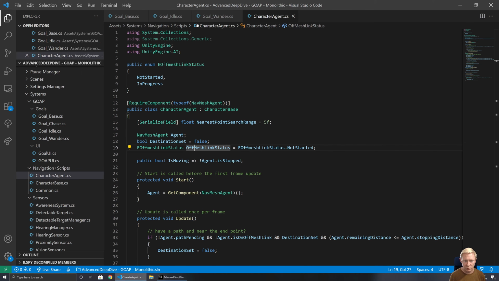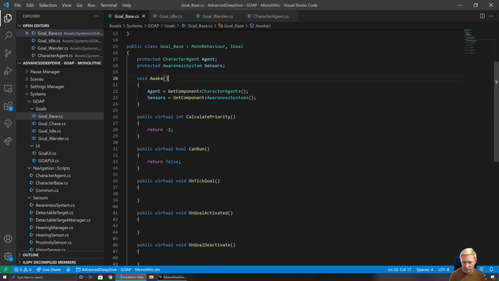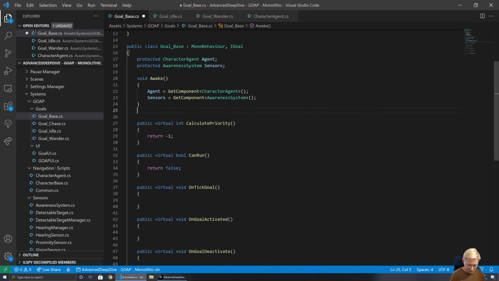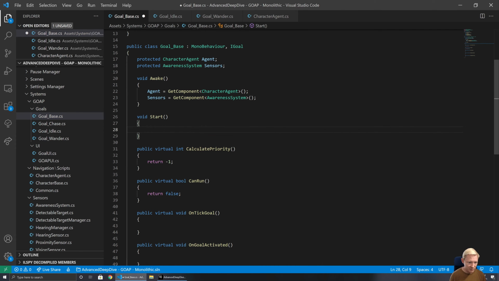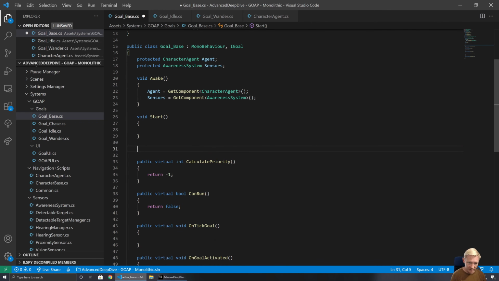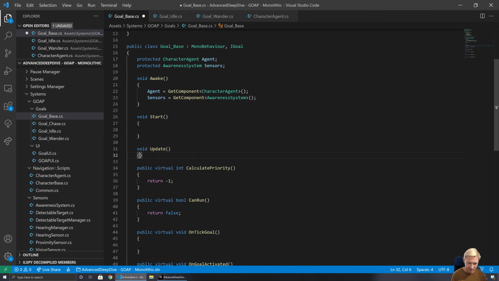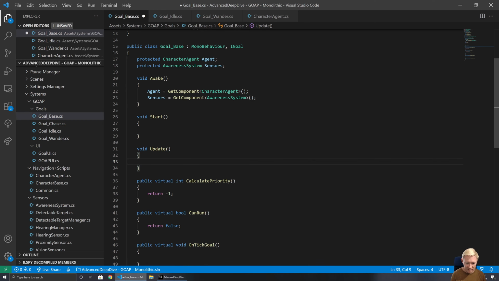So now we've got two goals set up there that are keying off different things. So that's, I think, enough for us to be able to work out and see the general behavior of this stuff activating. So I'm going to set up Start here, which is going to talk to our UI in a moment. So we're going to do Update. Update is going to tick our goals, just so that if there's any updating that needs to be happening there. And then because I set up some debug UI system here,